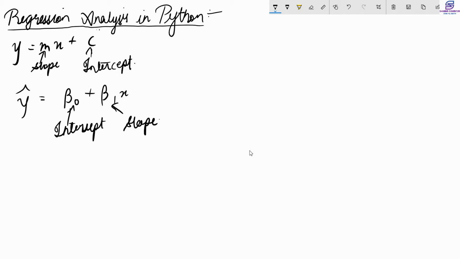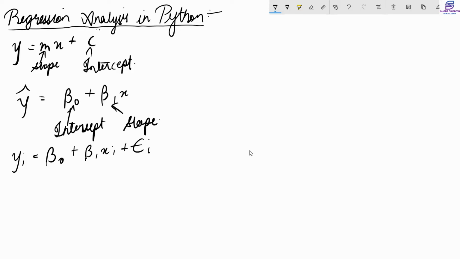But every regression analysis has some error in it. So for every ith observation, we can write this equation as y of i is equal to beta naught plus beta 1 x of i plus the error which is included in it.